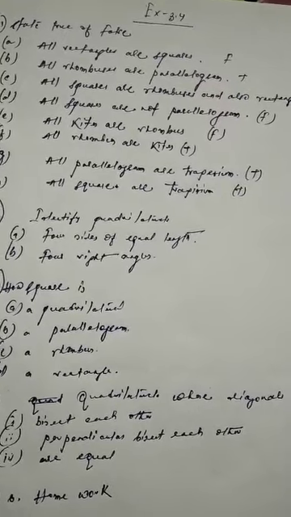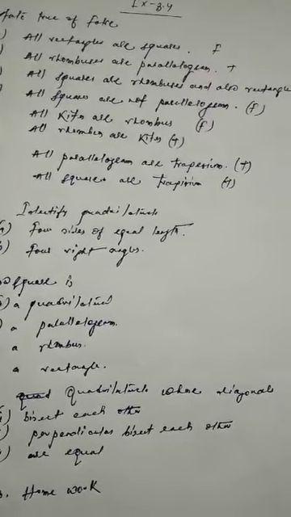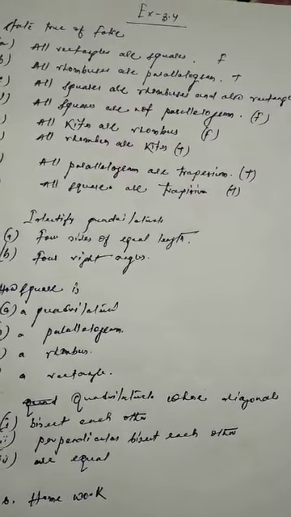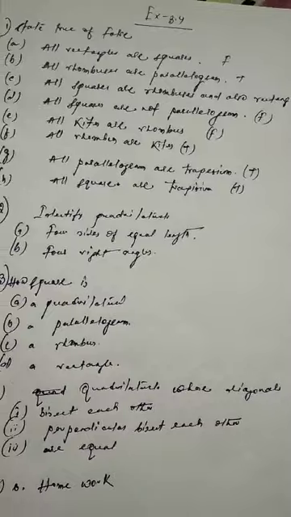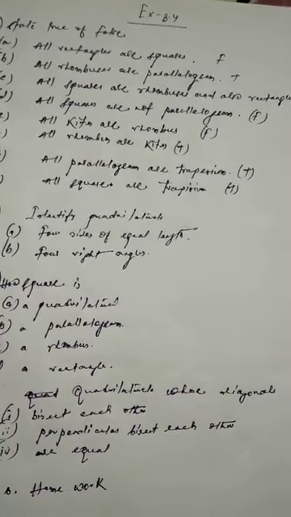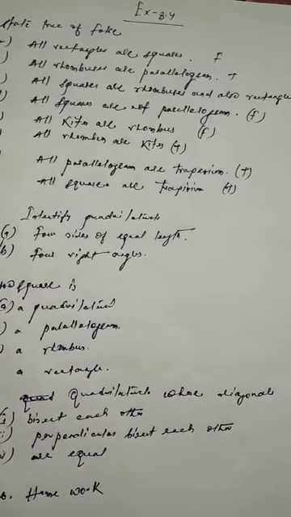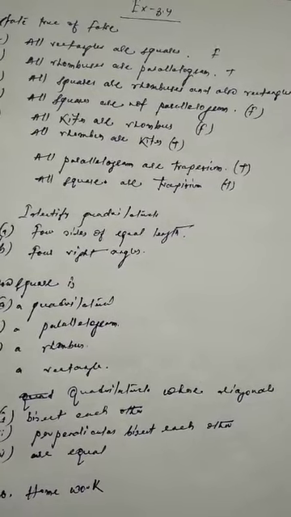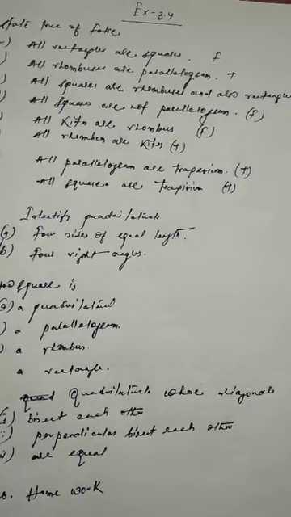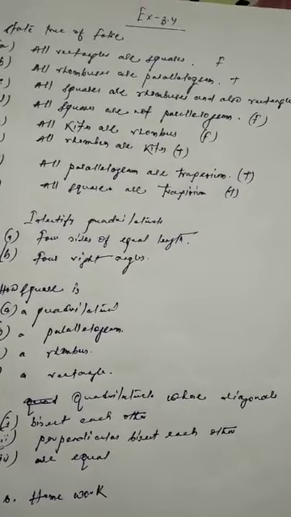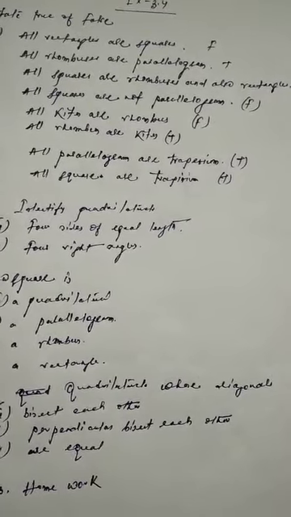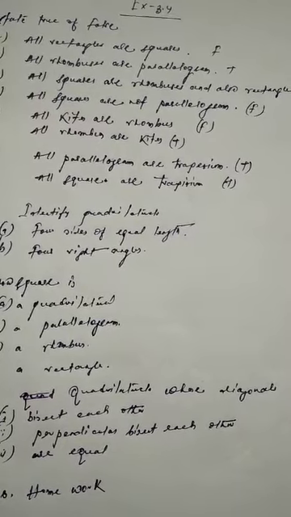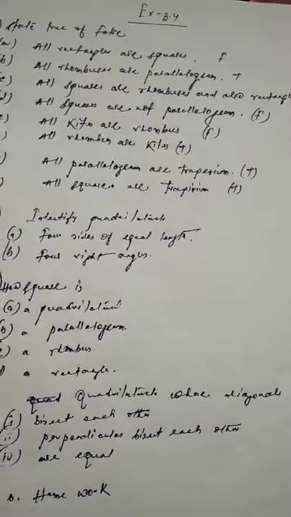It's a parallelogram because opposite sides are parallel and opposite angles are also equal. How is a square a rhombus? A square has all four sides of equal measure. A rhombus has all four sides of equal measure. A square has perpendicular bisectors, a rhombus has perpendicular bisectors. In a square, opposite angles are of equal measure, and in a rhombus opposite angles are of equal measure.